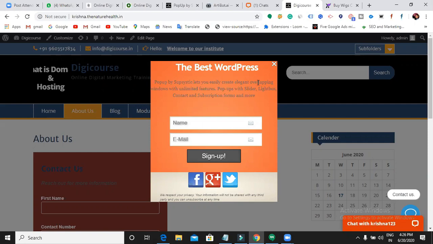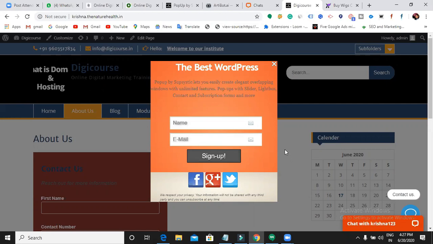Sometimes if your page is not mobile friendly, people won't be able to see this close option. So at that time, how can they close your pop-up and see the information you are providing? It's not possible for them. That is the reason we have to provide some options for the user, so when they click outside of the pop-up, it has to disappear.